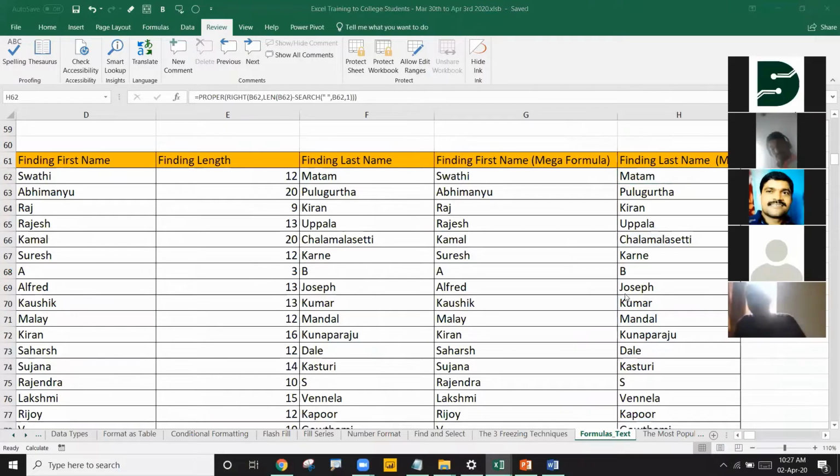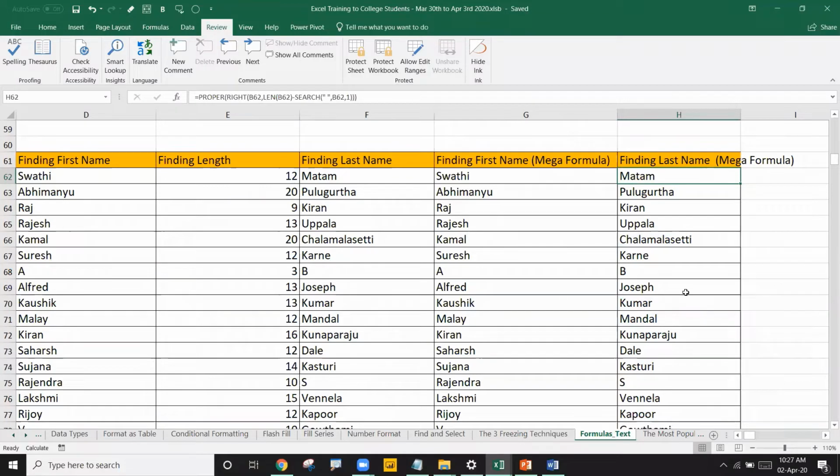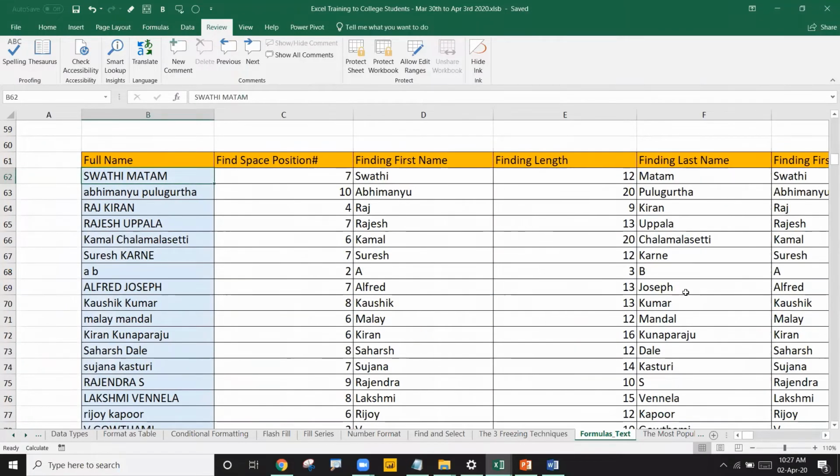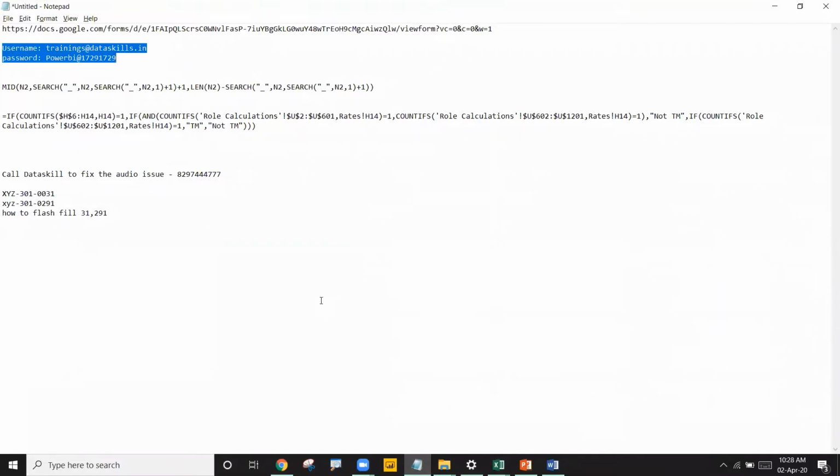Okay, great. So this is about finding the first name and last name. I just gave a generic example, but this can be used in many places. Let's say you may have some product ID with some number following it. If you remember, yesterday someone was asking, I think it was in some other session. Let me show you.